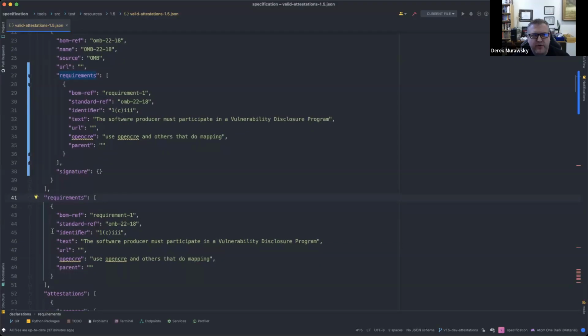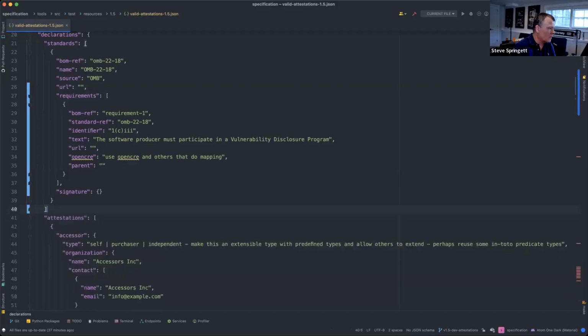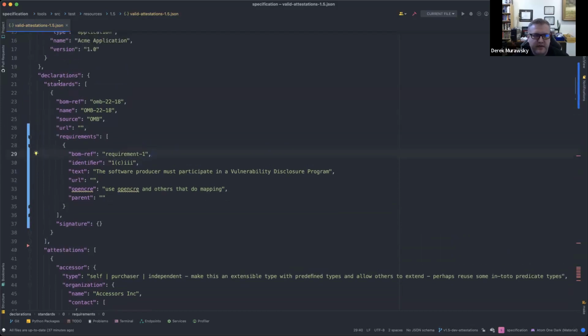Yeah, and I'm not sure about the noun standards, because that kind of implies a government standard or an industry standard. I think we just need to be clear that standards can also be internal standards or internal policies that you're trying to abide by. I'm glad you brought that up because I've been contemplating the exact same thing, and I've consulted thesaurus.com, and it was not overly helpful. Yeah, I think that's one of those things where in the documentation we call out that standards are explicitly intended to be both external and internal, right?